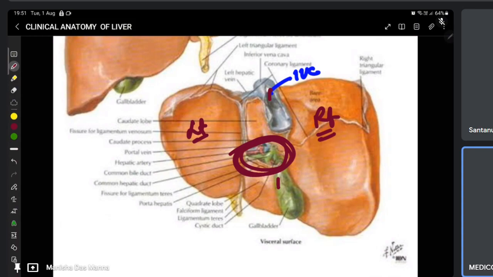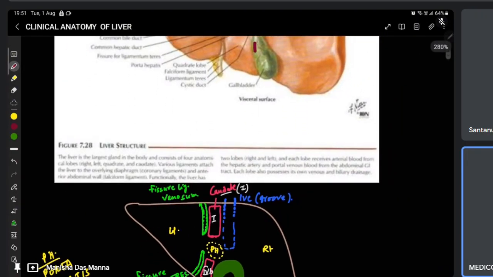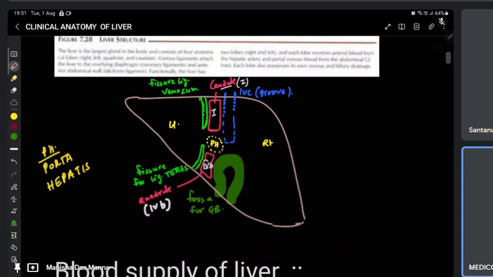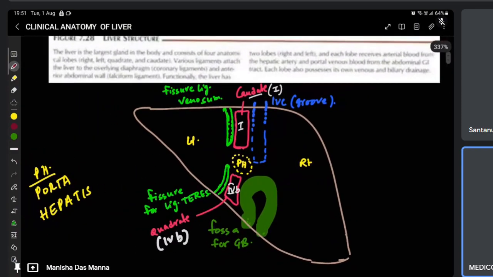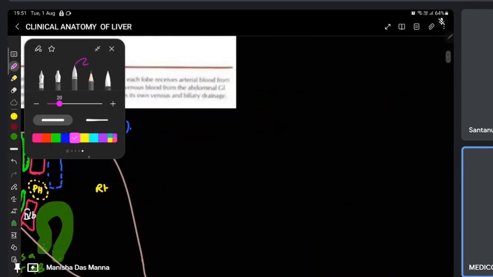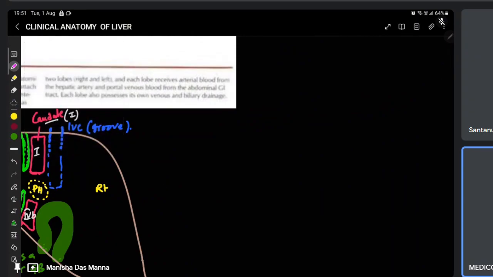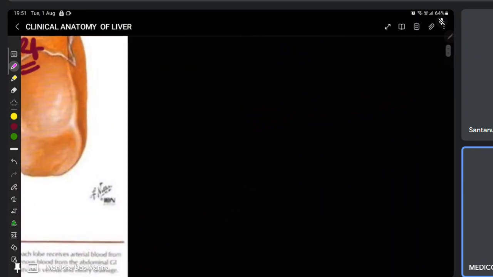This is porta hepatis, and there are two remnant structures also there. These two remnant structures are what I'm going to talk about. Okay, what is this? So first of all, if I draw a schematic diagram of the anterior aspect of the liver,